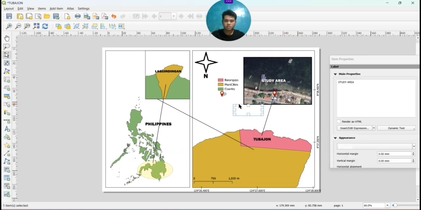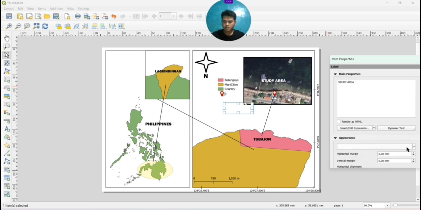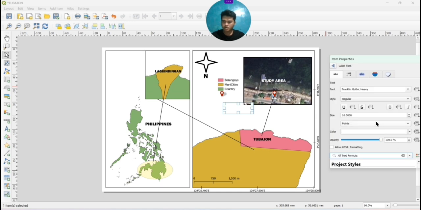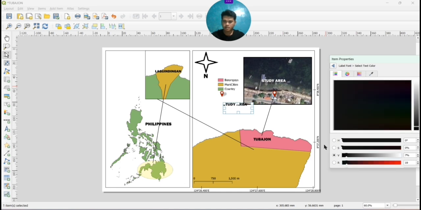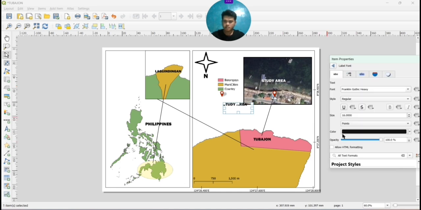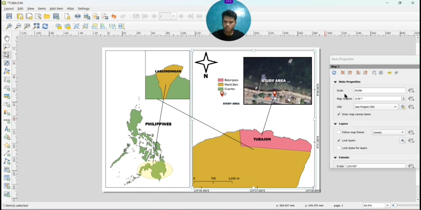Copy the one. Just type again. Just change the color. The color is black. Okay. To adjust the font size. I think that was too big. It's too big.